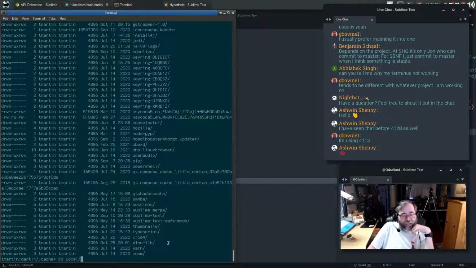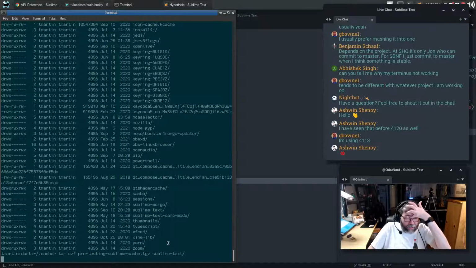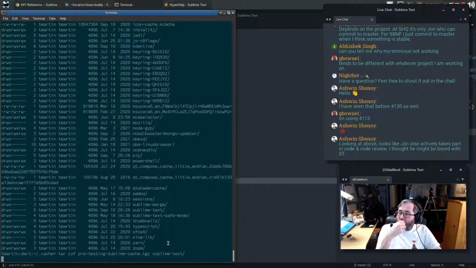Oh, actually, let's just do that same thing again, shall we? We'll change this to cache, though. Because I'm curious. If this folder wasn't here,